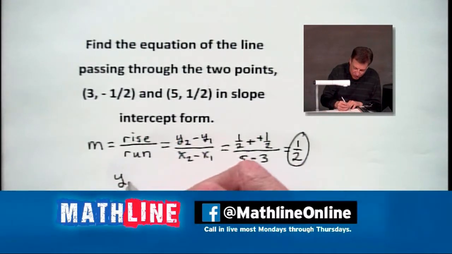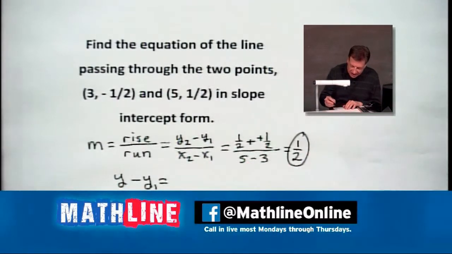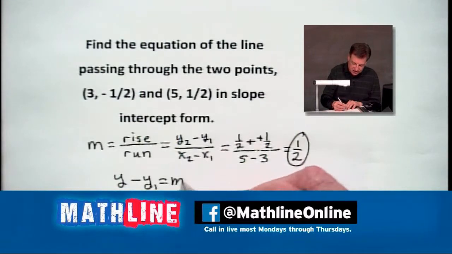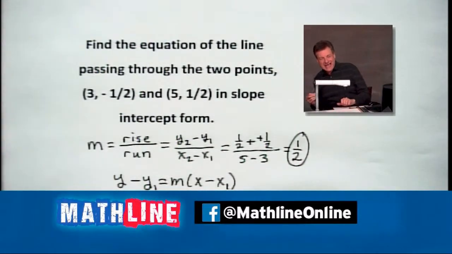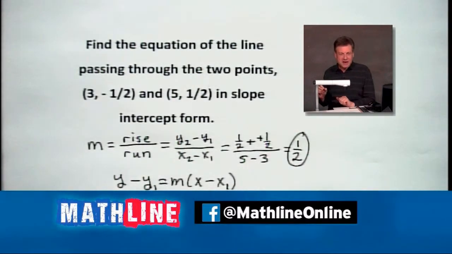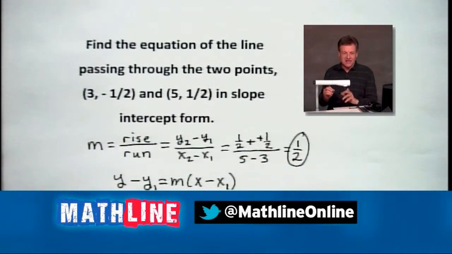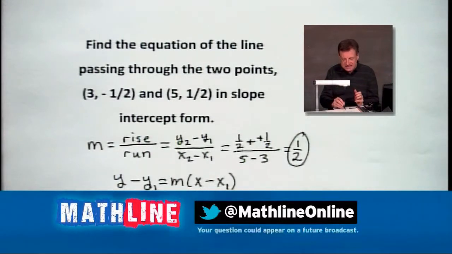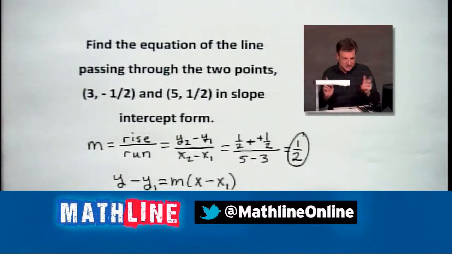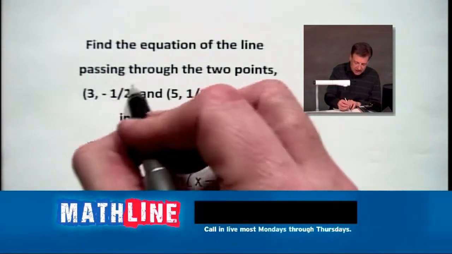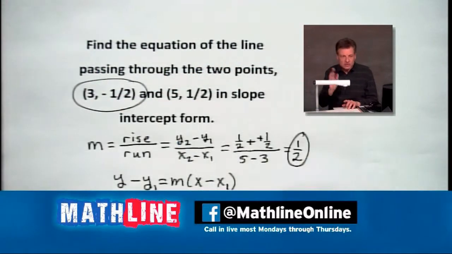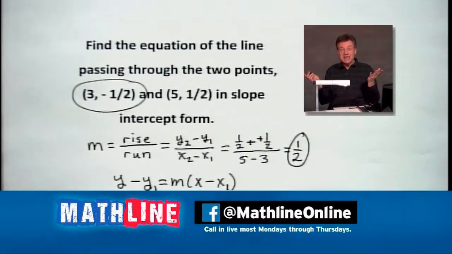Remember that formula is y minus y1 equals slope times x minus x1. One of my teacher friends, Miss Leslie Howell, always called that the multi-purpose formula, and I love that. I love that thing because it works in a lot of ways. We can get a standard form, which gets us back to something like ax plus by equals c, or we can go to slope-intercept off of this thing. So let's put our numbers in that we've got. We've got a point. We're going to pick the first point. By the way, either one of these will work because they are on the same line.